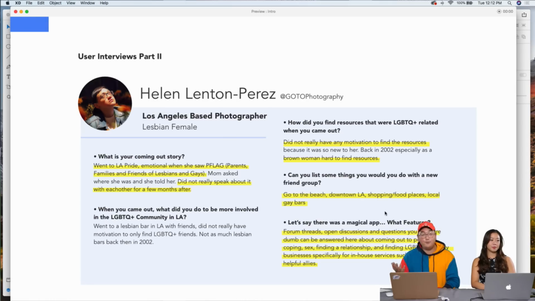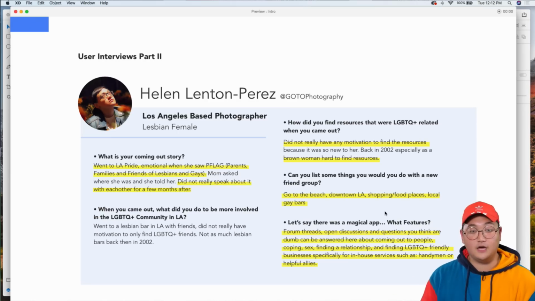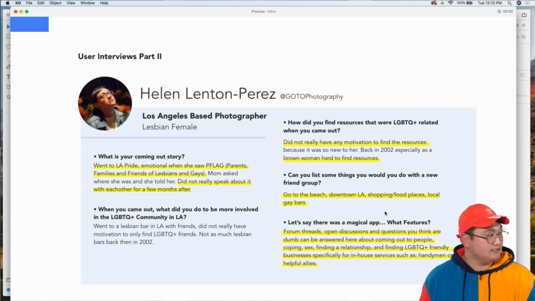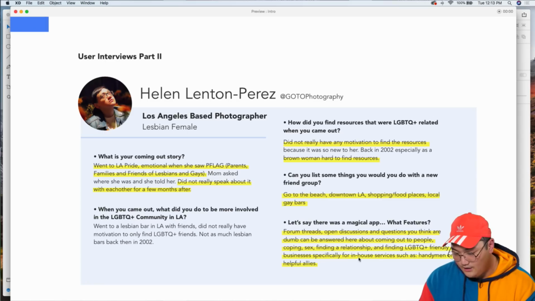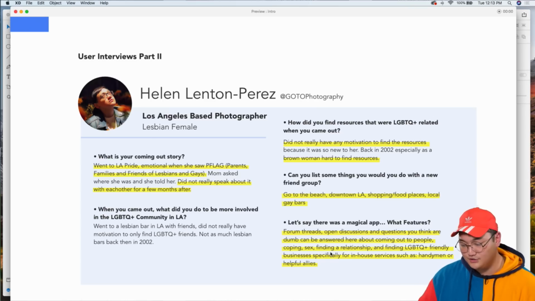And then let's say there's a magical app. What features? Again, she said resources, but then this was interesting: kind of like a forum thread, open discussions, and questions that people might think are dumb, but are actually not dumb because they just came out, they don't know what to ask. Right, so there are no dumb questions. Just an open discussion, open forum. And also dealing with coming out to people, coping with it, how is sex in a same-sex relationship or in the LGBTQ community, finding relationships, and also finding LGBTQ plus friendly businesses, specifically for in-house services, such as a handyman or helpful ally,